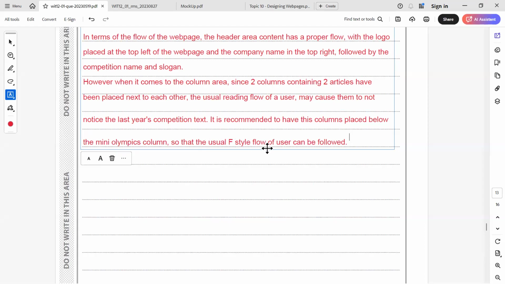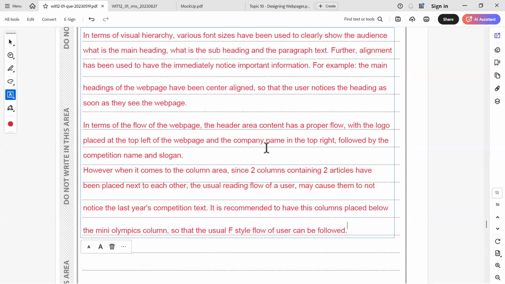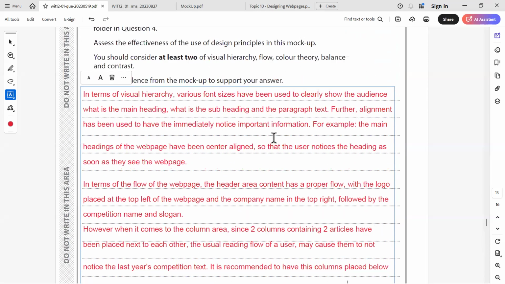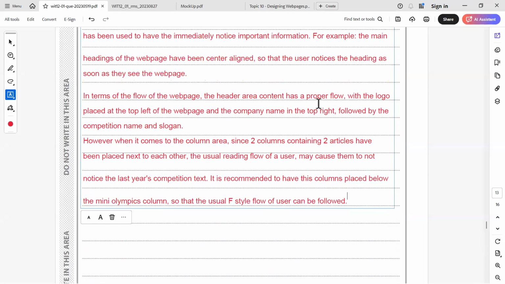Okay, so in terms of flow, we were not very happy with it and we suggested a change that needs to be done to it. I'm then going to mention one more thing. In terms of the color theory, we can talk about, so if I were to show you guys the color wheel, let me quickly show you. Let me first mention that for the color theory,